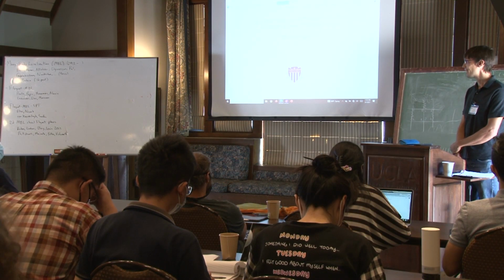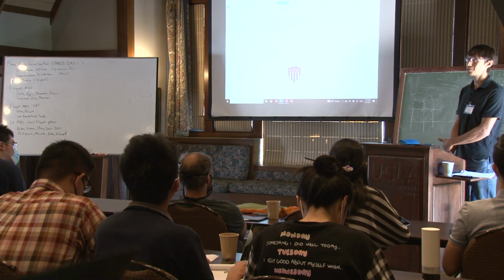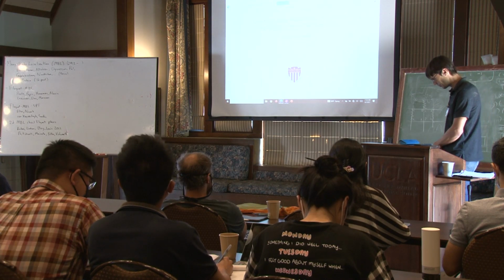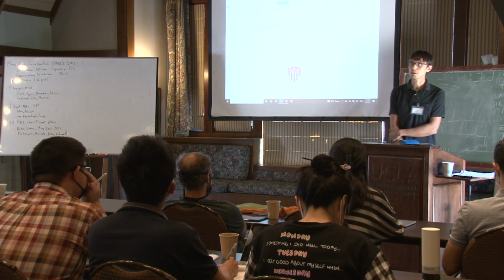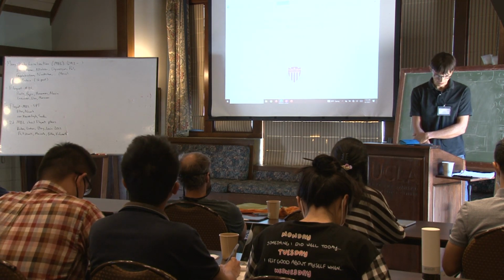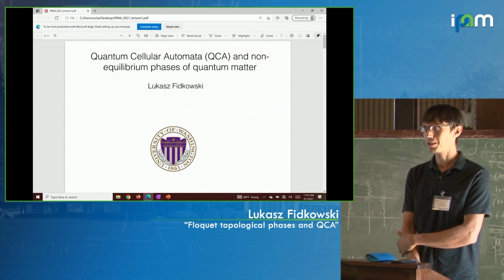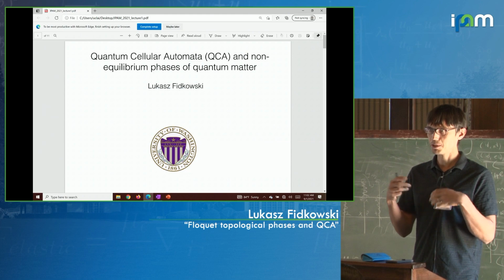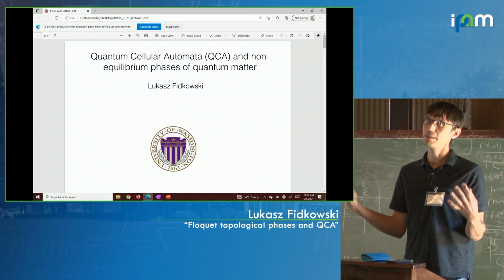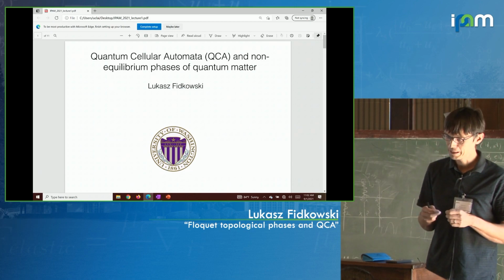Right, so I will be talking about some of the physical systems which realize some of these quantum cellular automata and related structures. I'm not going to be talking about very specific materials or anything like that. I'm just going to be talking about general physical contexts in which some of these classifications are applicable.